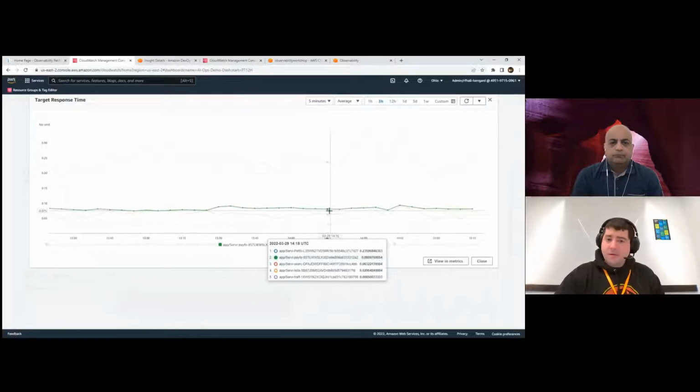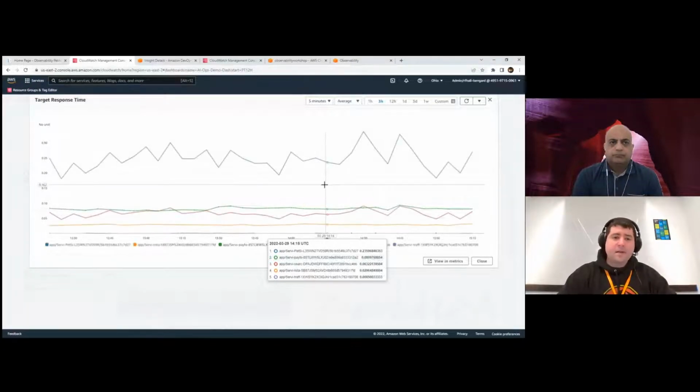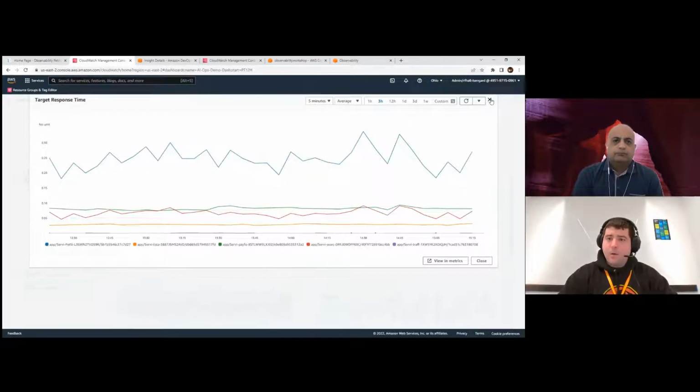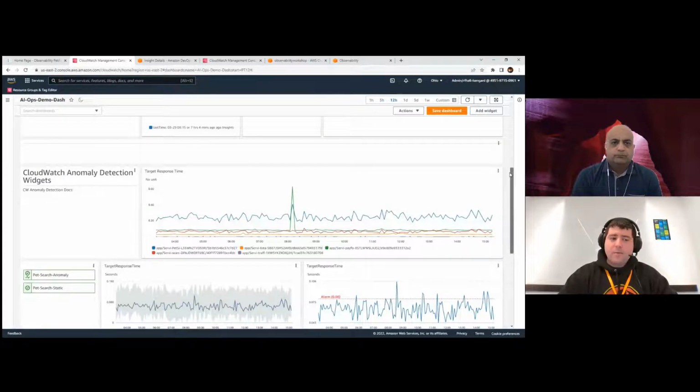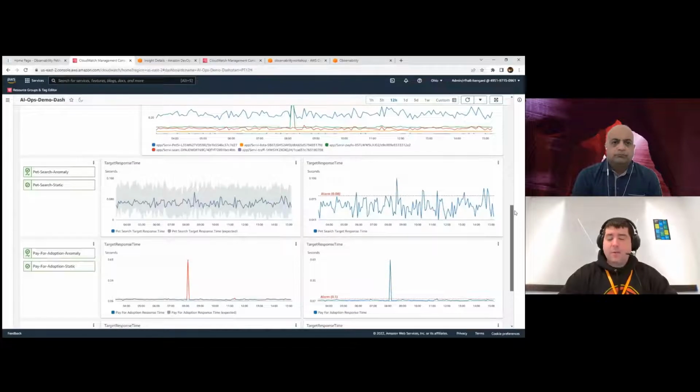Now, that's not completely unrealistic to do. The longer you operate an application, the longer you operate a workload, the better able you are to iterate and understand what that average profile would look like. However, let's say we jump in and we don't necessarily know what that average should be or where we should be alarming. To help with that, we actually created, well, I didn't create it, but our CloudWatch service team did,